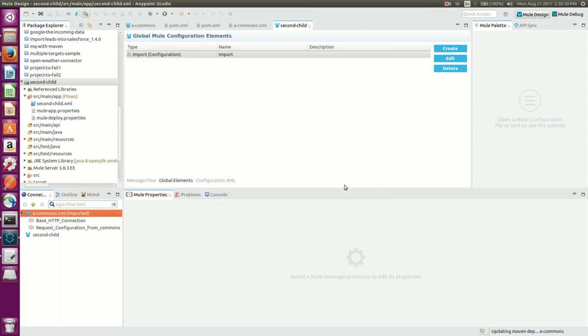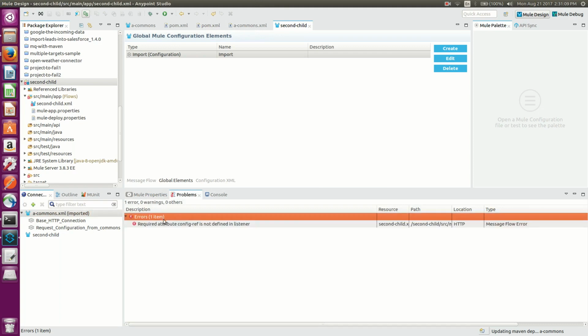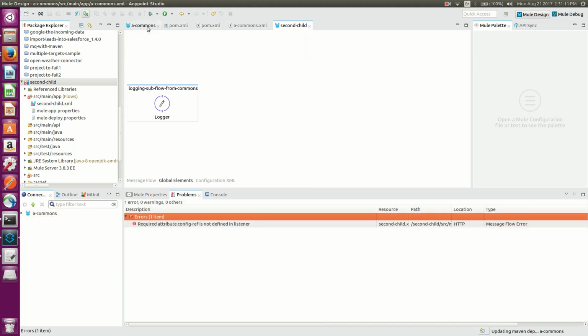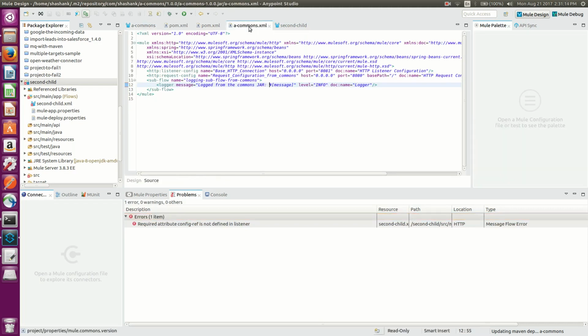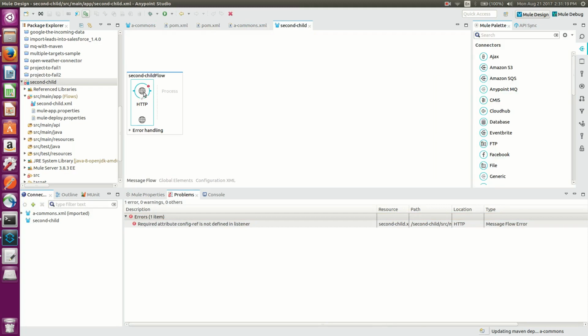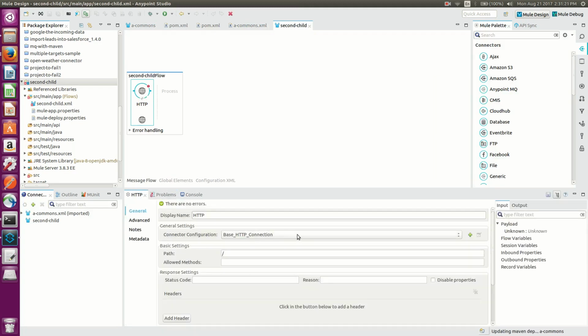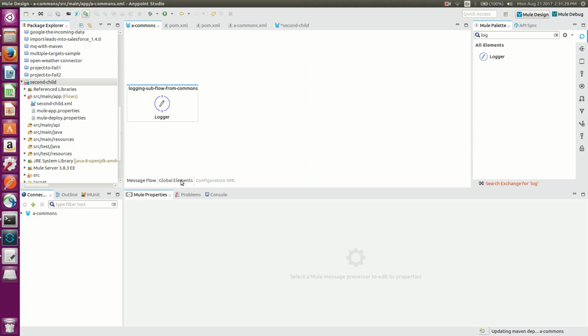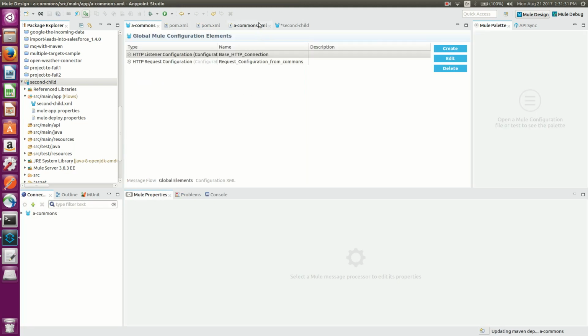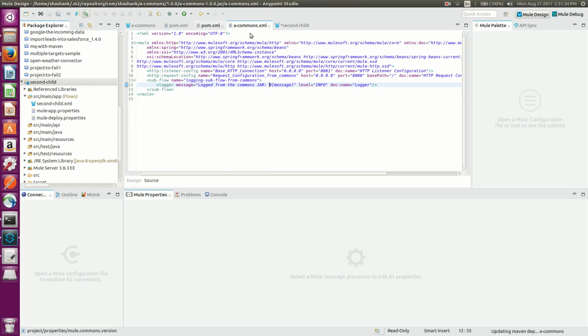Good. Don't worry, we can also refer to the subflow anyway. It may not show it here, but it works. Problems. Not defined in this. Now we are going to define it. Commons. Yep. You see, it already selected because that's the only thing available in this environment. Our base HTTP connection from commons got selected, and then now we'll